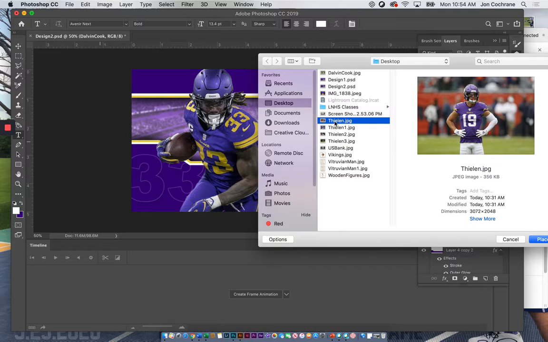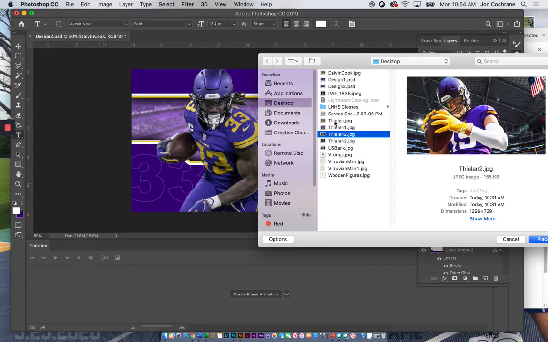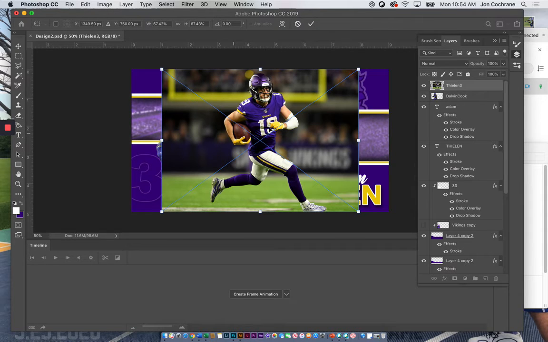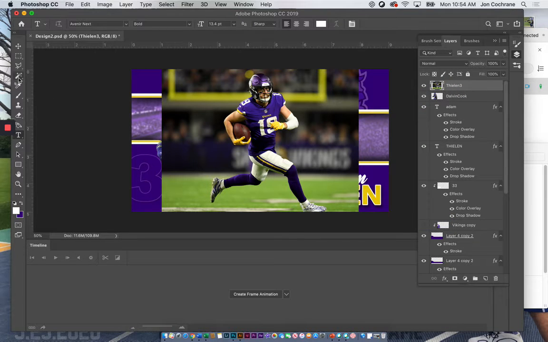I probably don't want this picture because he's just standing there. It doesn't look as cool. This is a great picture and it's successful, but now he's looking the other way. Is it good, bad? I'm not sure. Both look good. Another cool picture, but does this fit the style of this? Probably not. So I'm going to end up going with this design. Now the color scheme is a little bit different in terms of the jerseys, but I don't think that's really that important. Then I'm going to go in here and use quick selection